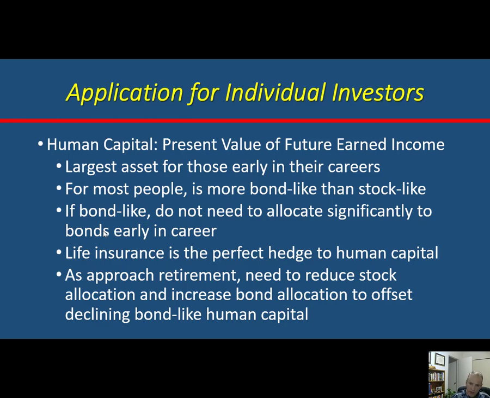So as we think about retirement, for you as an individual, you don't need a large allocation to bonds early in your career because you have this massive asset called human capital. As you age, human capital shrinks, and so you're losing that bond-like human capital. So as we age, we should be moving more and more from stocks into bonds. We look more like what I said the corporations should be like. We have interest rate risk and we have inflation risk, and we need to manage more toward that.